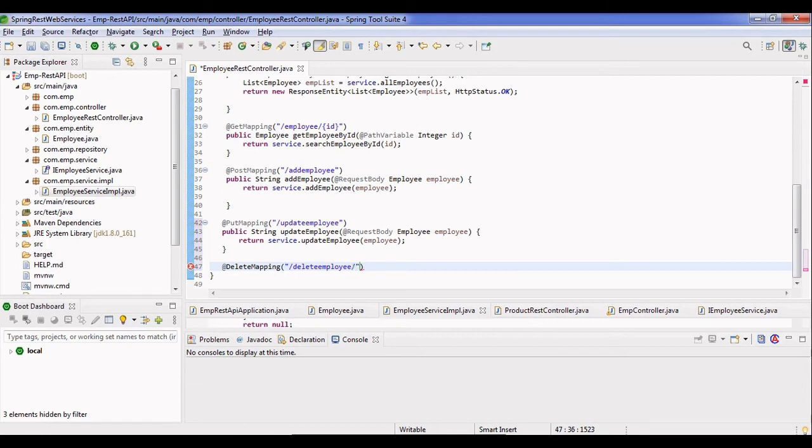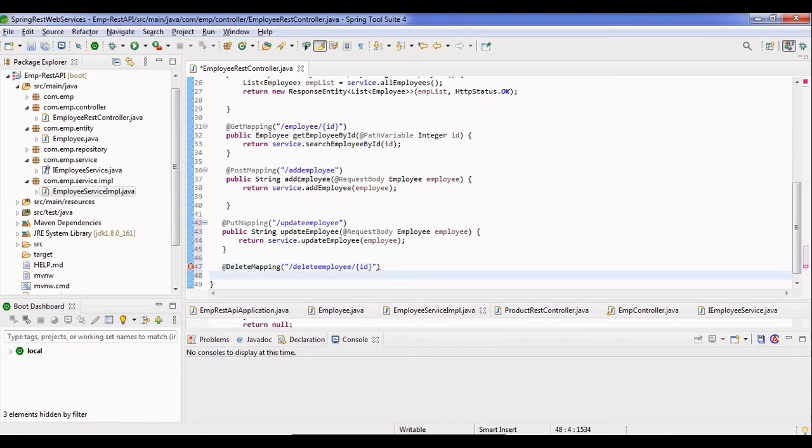With this we have a path variable id that we are going to pass in the curly braces. It's the same as what we did when we were searching for an employee by a particular ID. Since we have to delete the employee having a particular ID, we are going to pass the ID as a path variable.